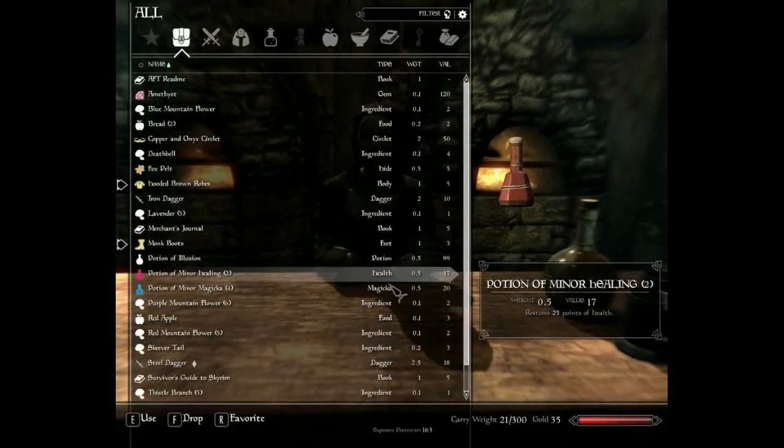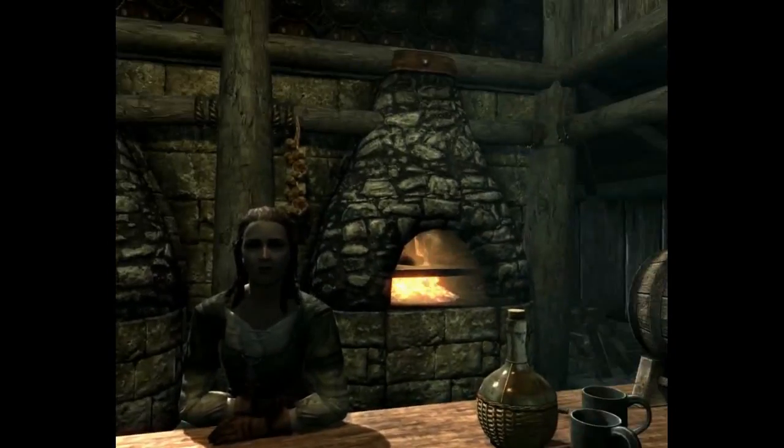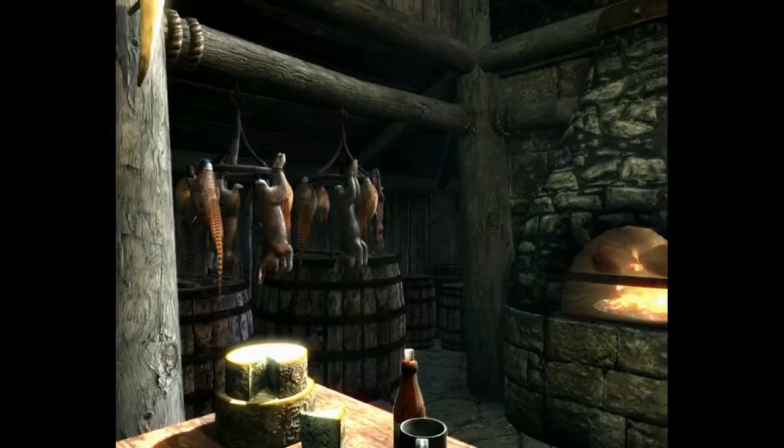What have I got? I have 35 gold. What time is it? It's 8:36 at night. I'm just going to grab a bar stool here, and basically...